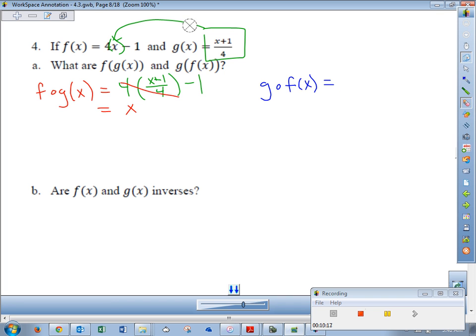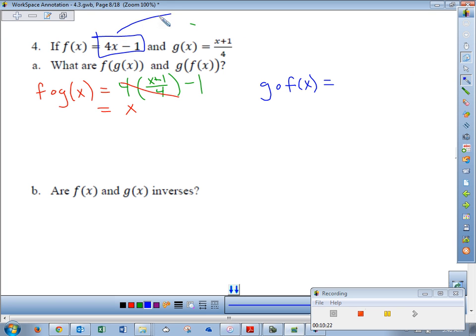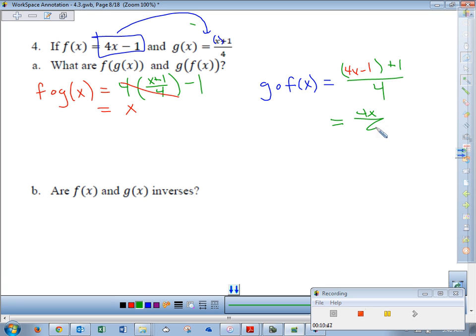So now it's the reverse effect. I put f into g wherever there's an x. So I will really have 4x minus 1 plus 1 all over 4. Wherever there was an x, I put f of x into that guy. There's no number outside the parentheses that I need to distribute to. This is just 4x minus 1 plus 1, which is plain old 4x over 4, which actually simplifies to be